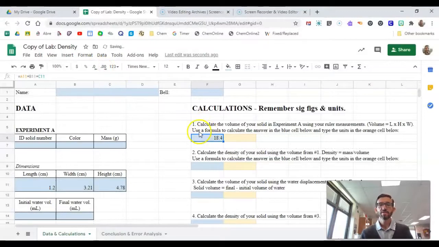Okay. Now here we said use a formula to calculate the answer in the blue cell below and type the units in the orange cell. So what are the units for this? This is centimeters times centimeters times centimeters. So I'm going to do centimeters cubed. Okay. Now remember,